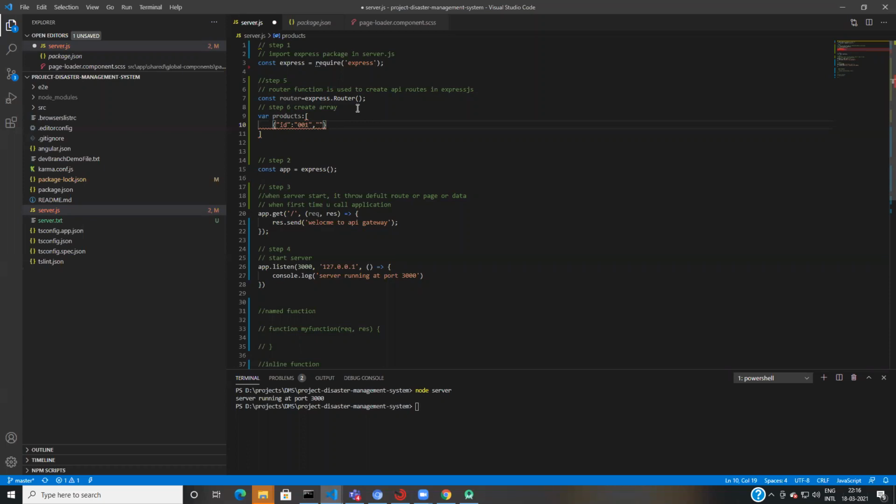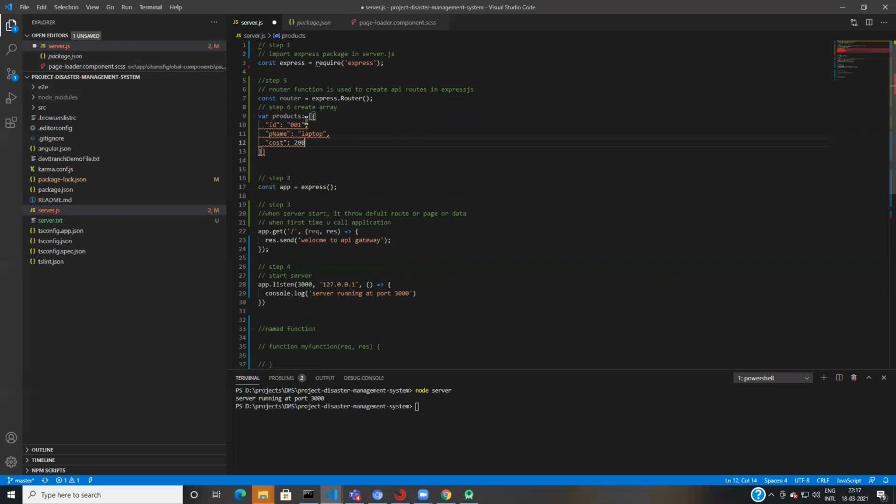Then the next thing is the product name, say laptop. Then I would say cost. For cost, let's say 200.